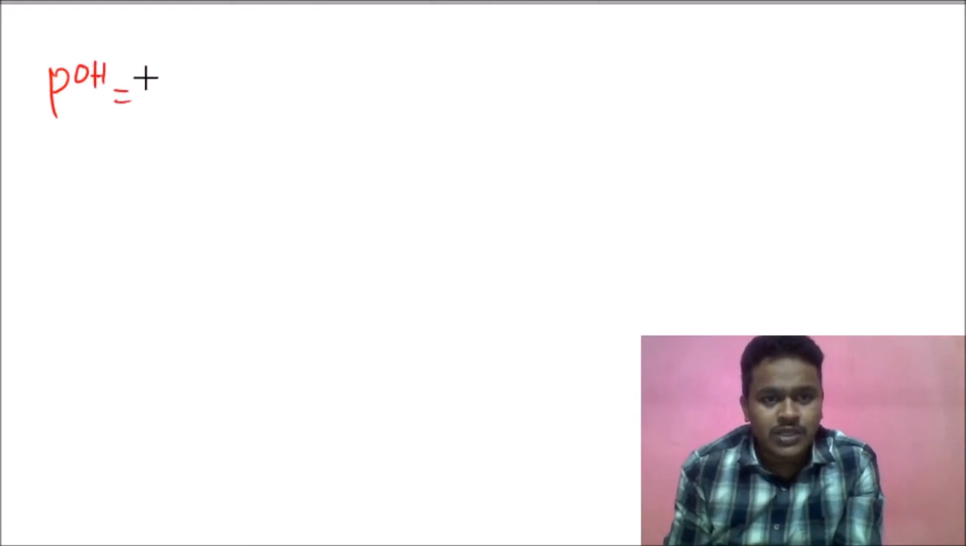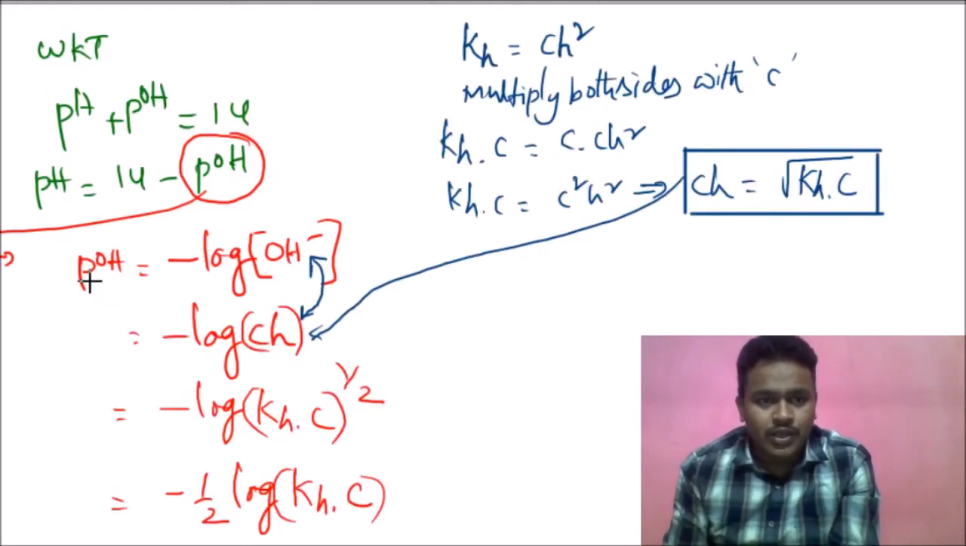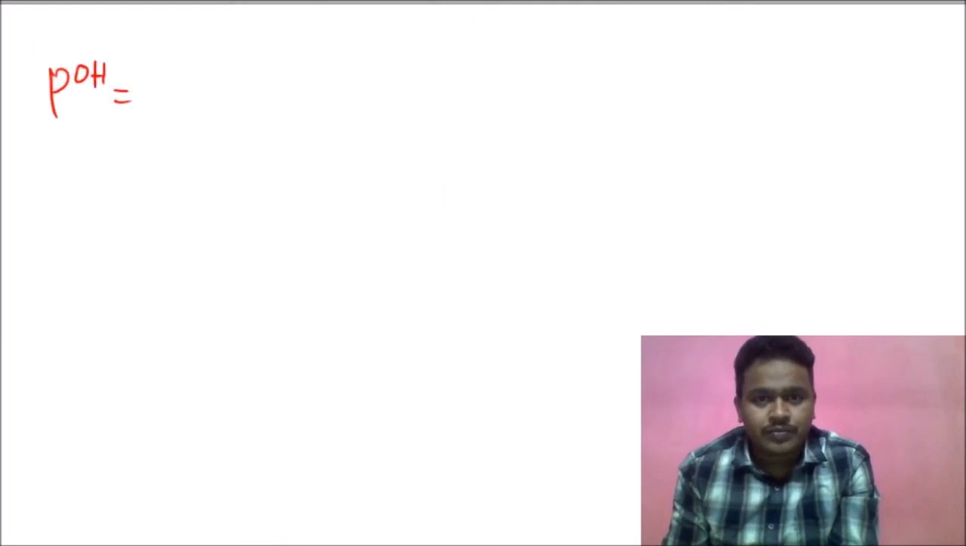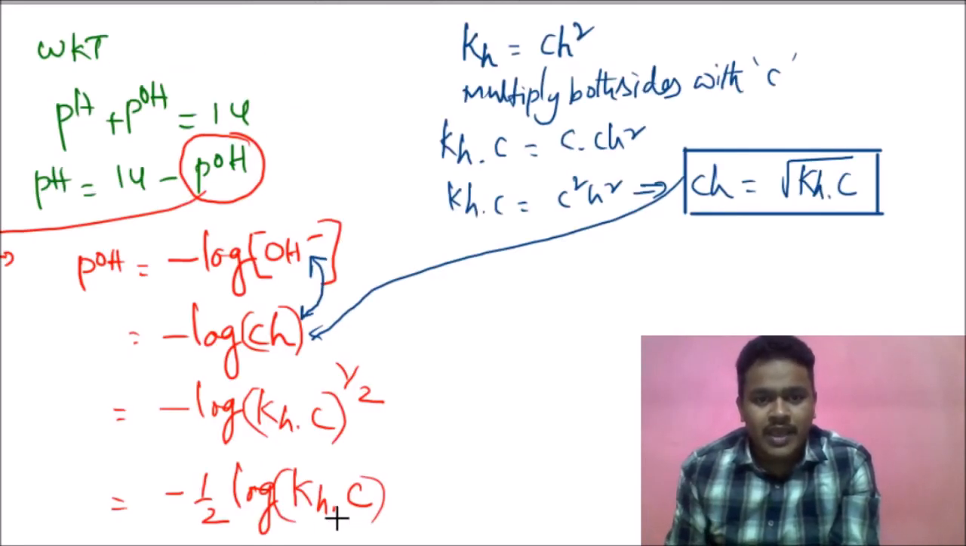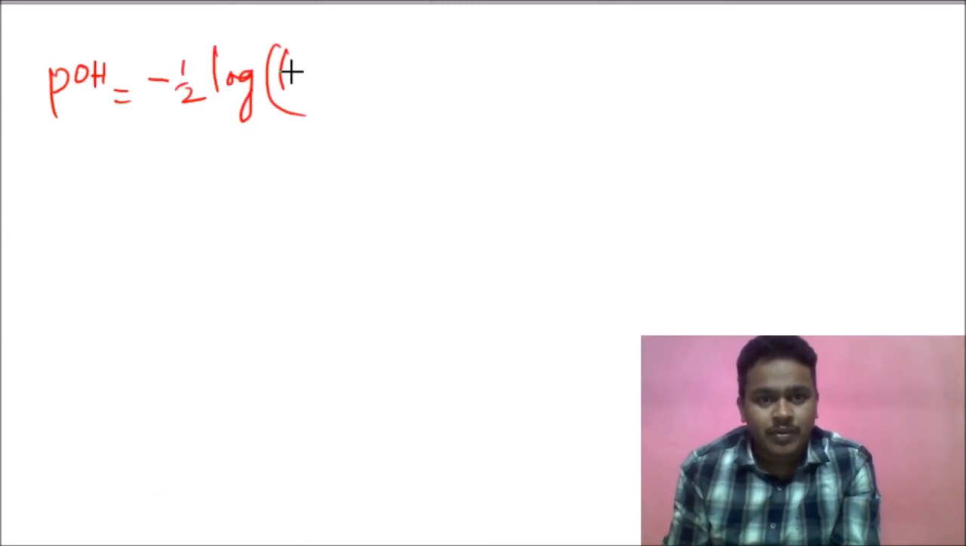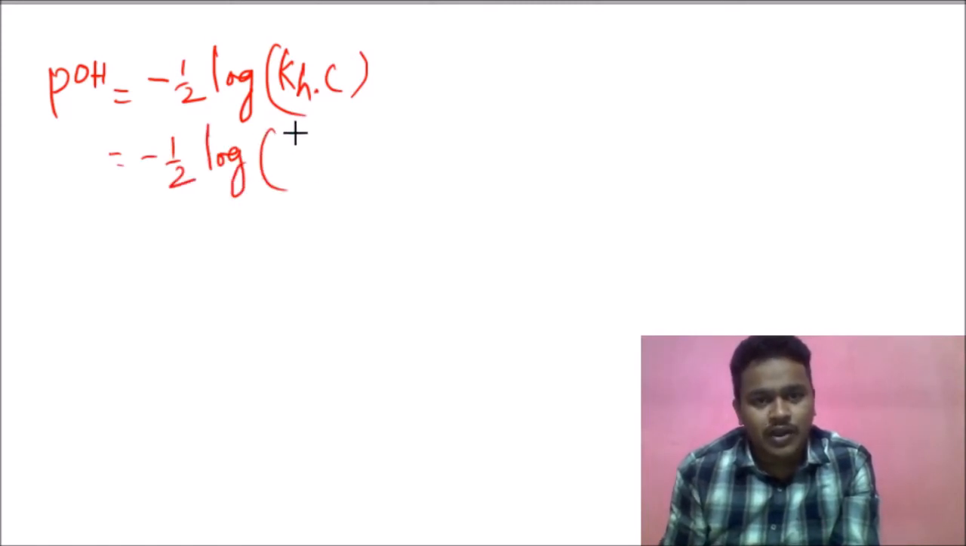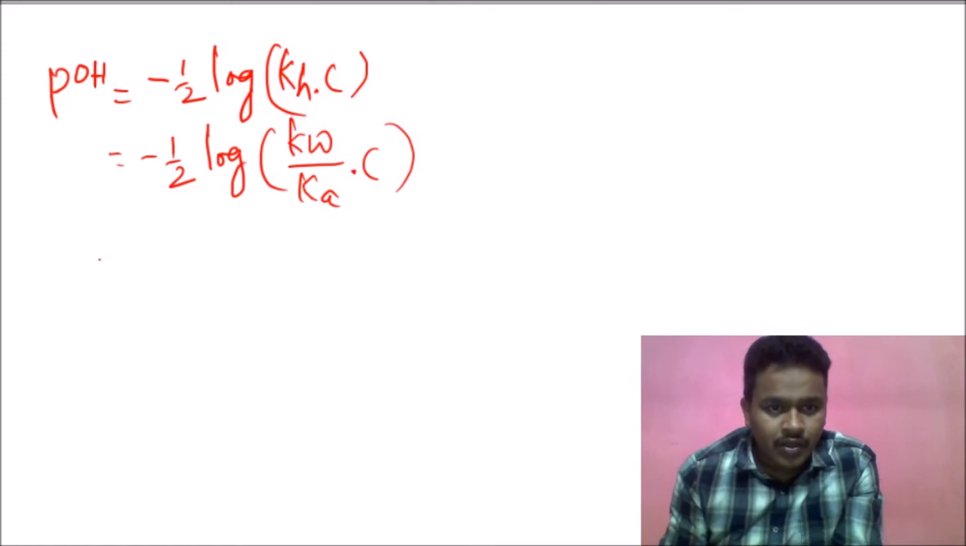pOH is equal to minus log of kh into c, minus log of kh means what you can write, kw by ka. This also we derived. Okay, now what I will write into log of